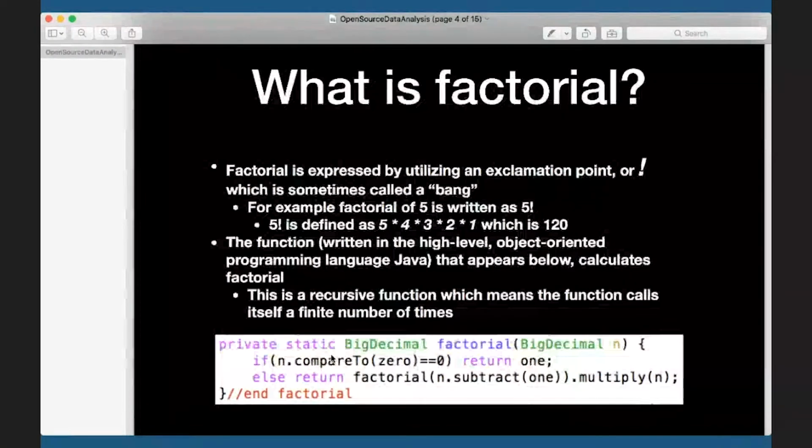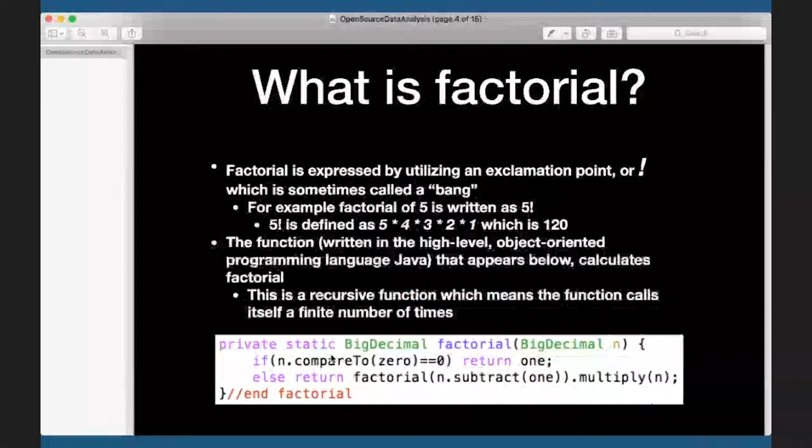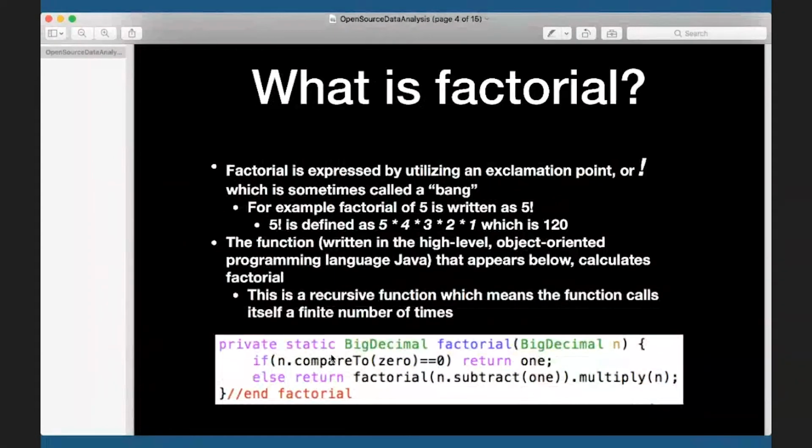we are able to build sort of like a recipe or an algorithm for calculating factorial. And the interesting thing is, Java comes with a method for calculating factorial. However, even though I could have just utilized a pre-existing version of factorial